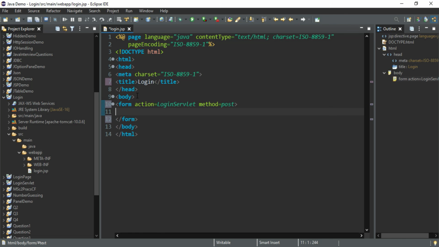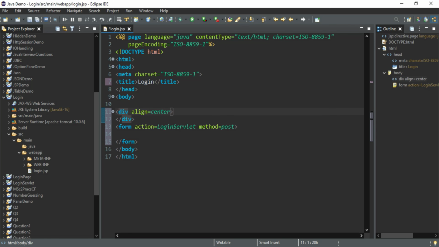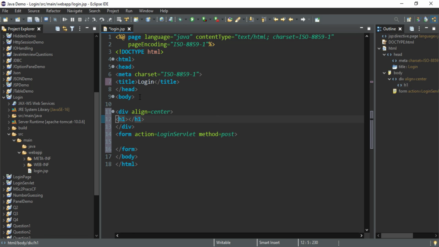And then you can give a heading to this page. So here I'm just using div align equal to center and then in h1 I'll just write my heading. So h1 I'm just writing login or user login. Okay, now in my form tag I'm going to use table so that alignment of my control should be proper. So let's add table tag and here I will be adding tr and in that there will be a td and what will be that?